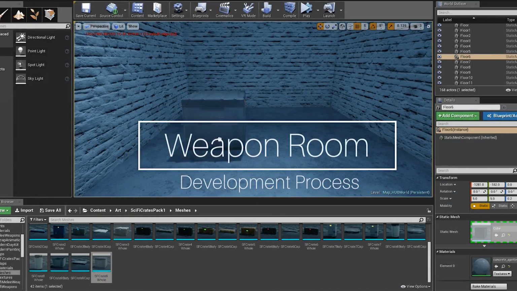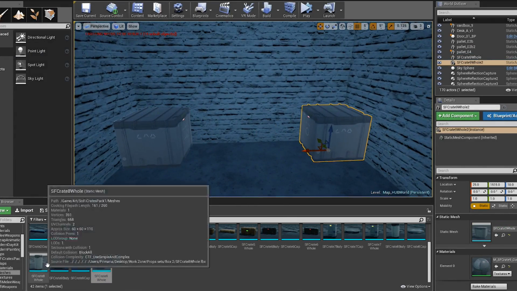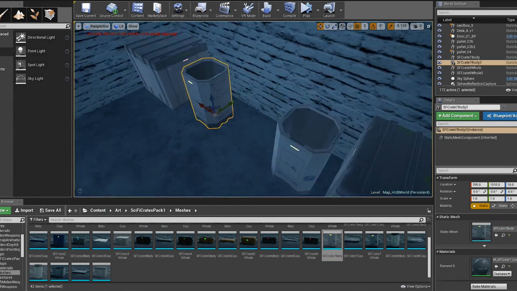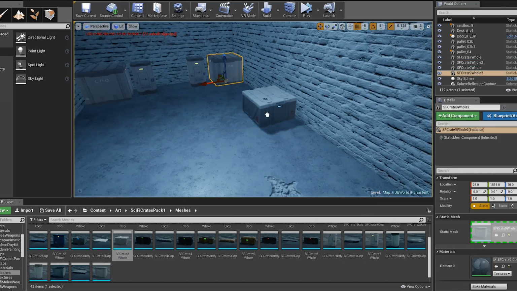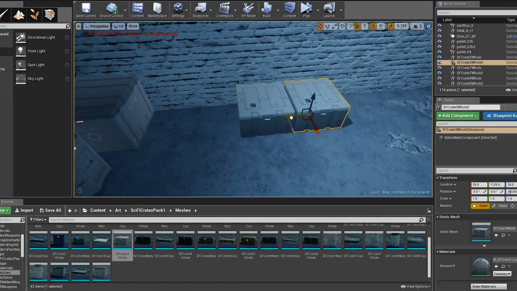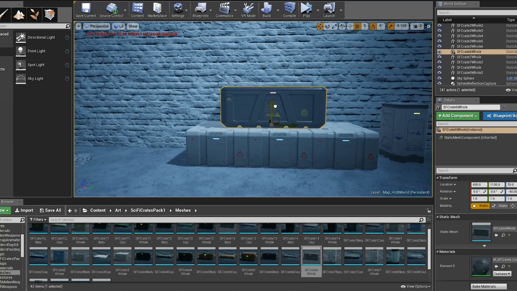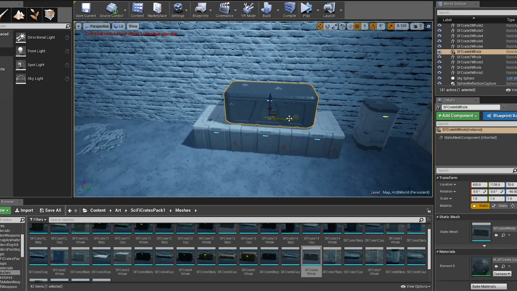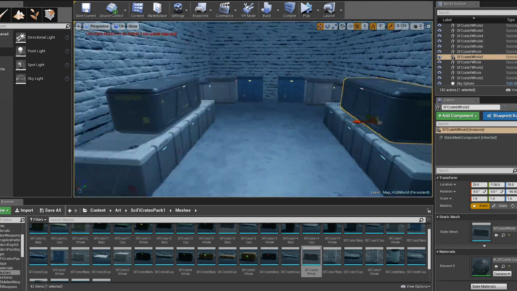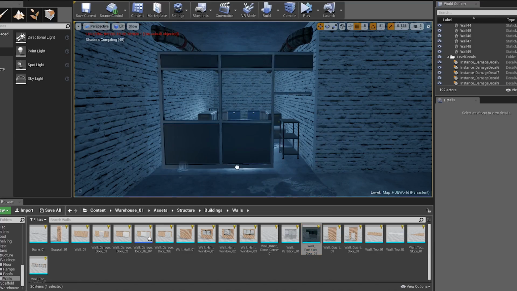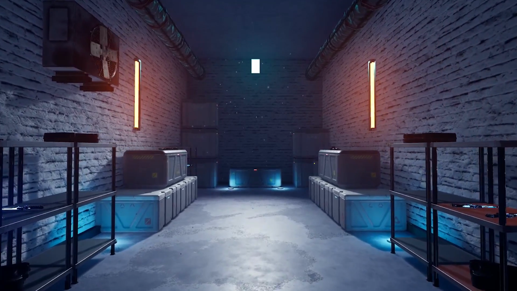When it came to designing and creating the weapons room, there was a lot of intentional design, but it didn't happen straight away. It happened over time. Before I had the weapons on these crates, and I thought it looked really cool, but there was a problem. The area didn't stand out from the rest of the room, which already has crates. So you would find the weapons eventually, but you had to look around the room for a bit. Because the weapons are dark, because it's a stealth game, they didn't really stand out either. So you'd be looking around and there'd be a black weapon on a grey crate.